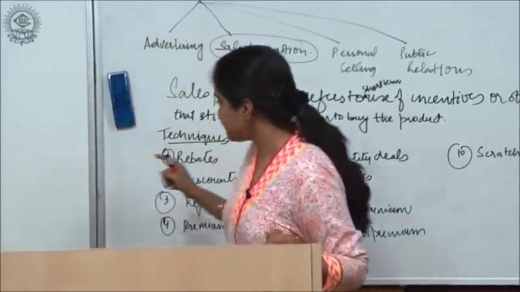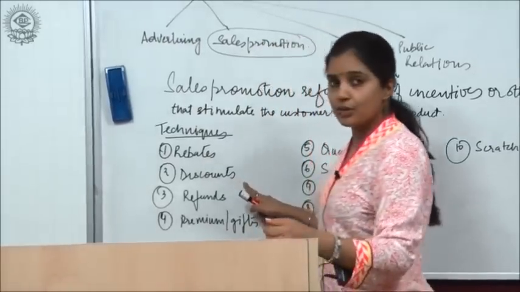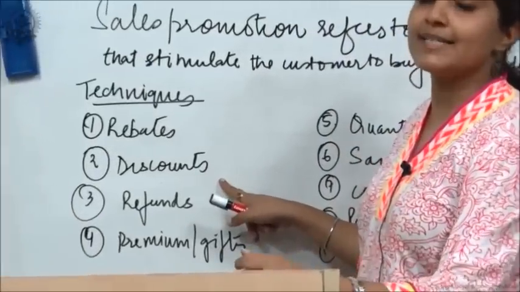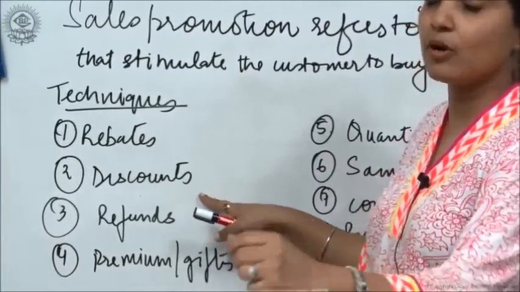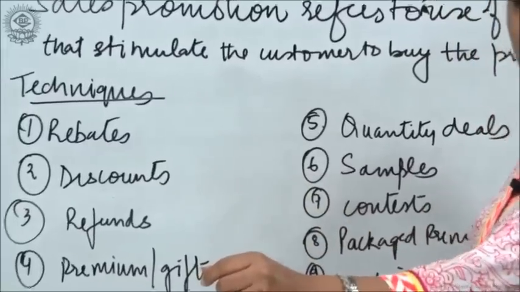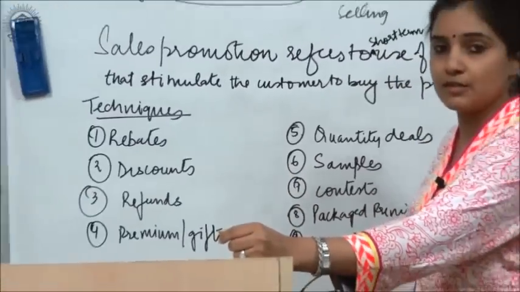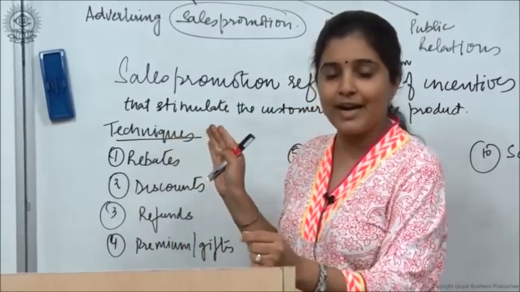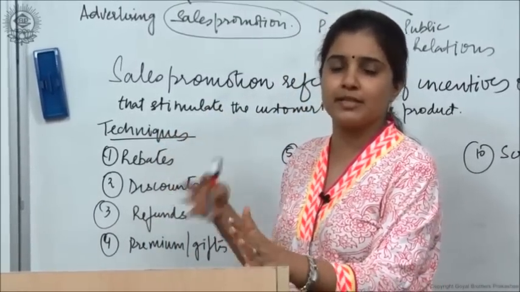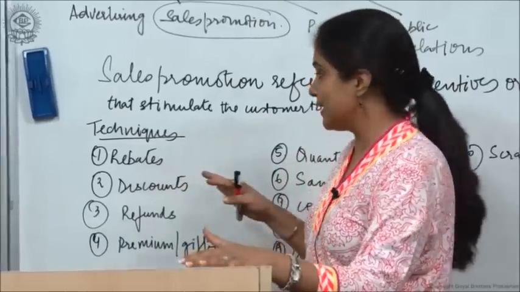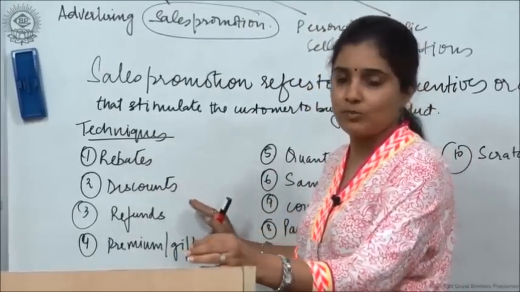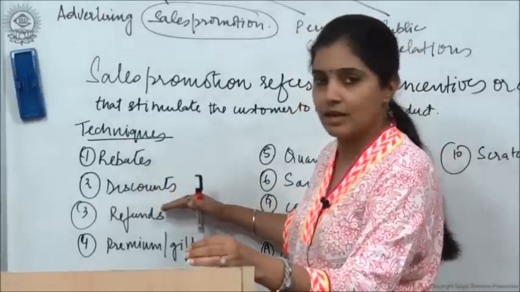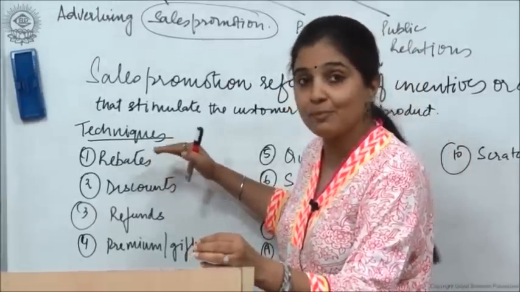Second point is discount, wherein you give some percentage of price as a discount. For example, Reebok gives 40% flat discount on all its merchandise at the time of change of season. जब summer से winter stock आने वाला होता है, तो any particular brand may give 50%, 70% or 10%, right, off on its actual price. Now there's a difference between rebate and discounts. Rebate में there is a special price,